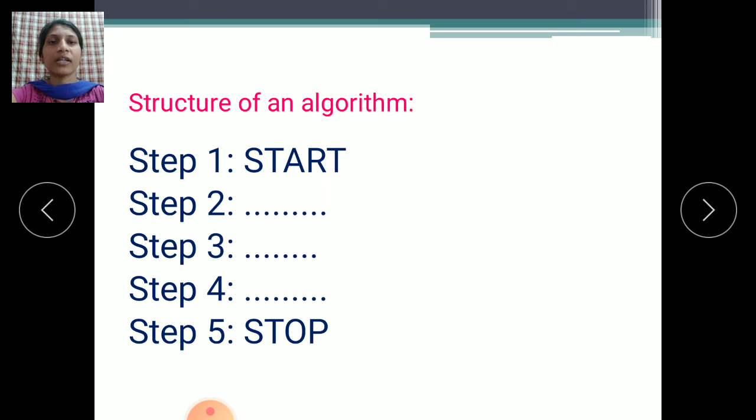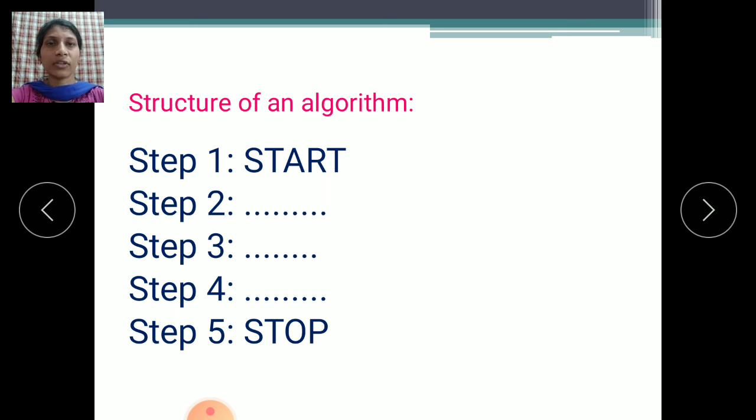Then step 4. After reading the inputs, meaning giving the input to the computer for processing, we write down the mathematical formula. According to that formula, whatever inputs you have given, it will process them and give the accurate result to the outside world, to the user.